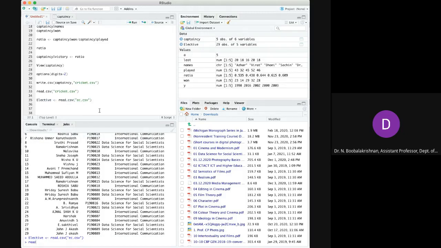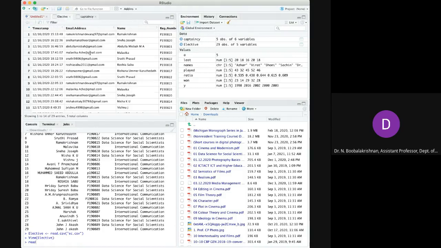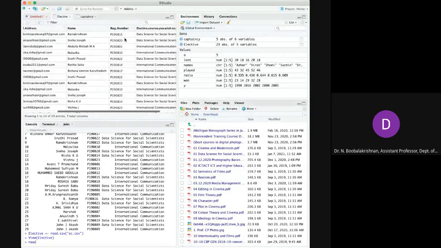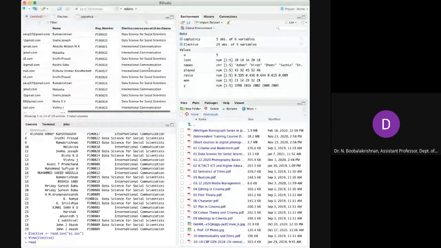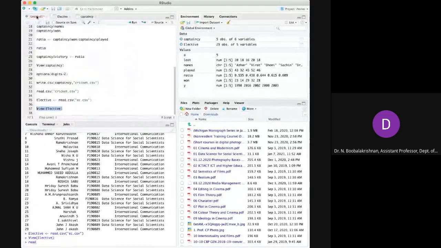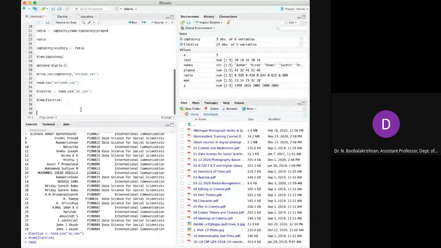Okay, now view elective, where you can view this data set here. See, timestamp, your email address, your name, your register number, and what elective the student has chosen. Okay, then in this elective, what are the different?